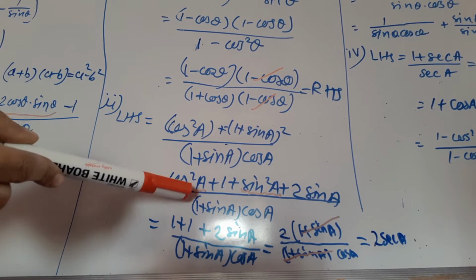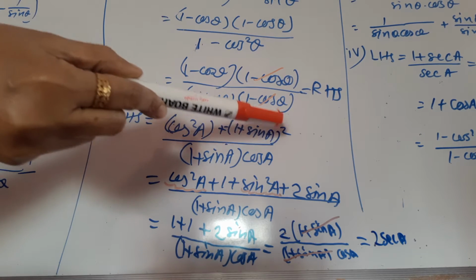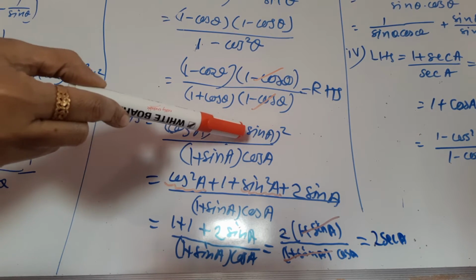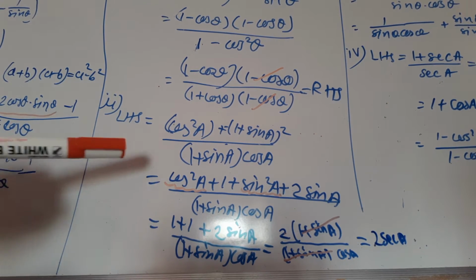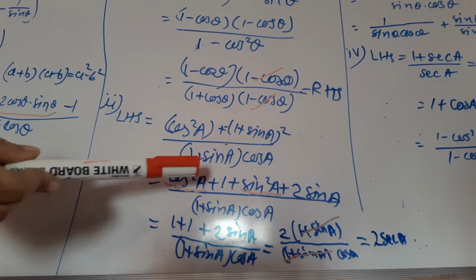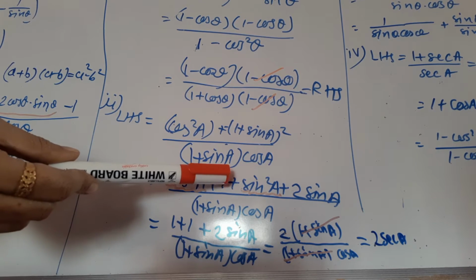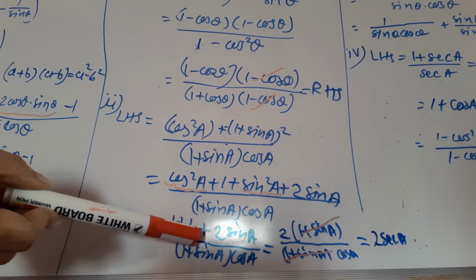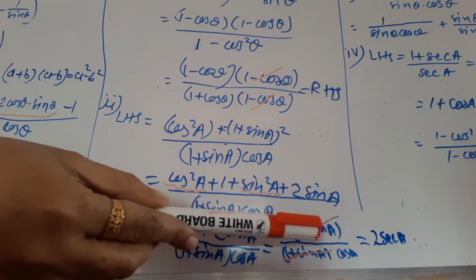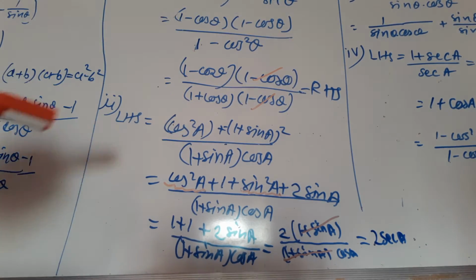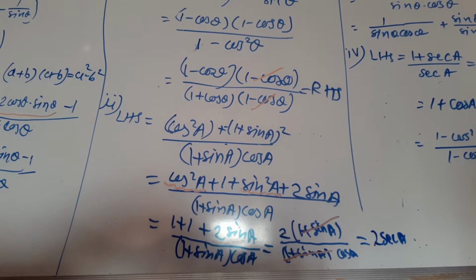Now here cos square A, we are going to solve this, that will be 1 square plus sine square A plus 1 into twice of 1 into sine A. It means (a plus b) whole square, that you have to use here. Now further we will get cos square A plus sine square A, which is nothing but equal to 1. So this is 1 plus 1, so you are going to get 2 plus 2 sin A. After taking 2 common, we can cancel out the terms from the numerator and denominator, and hence we get the required result.